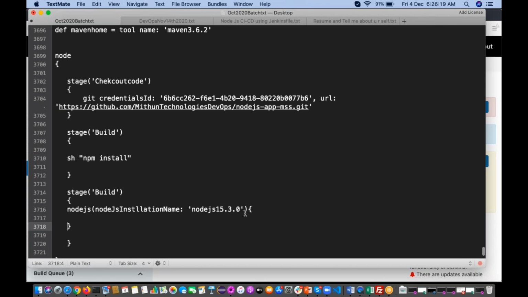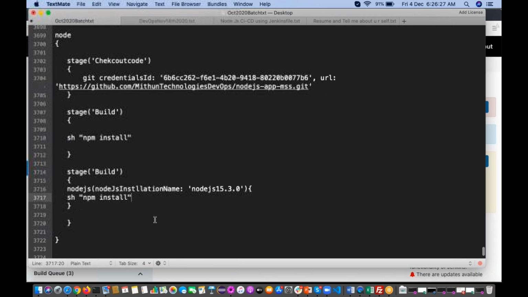Inside this one, you have to write this command. So nodejs is a function. Here you have to mention nodeJSInstallationName. The S also should be capital, the I capital letter, the N capital letter.